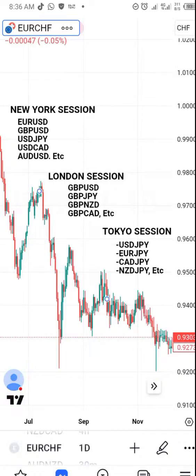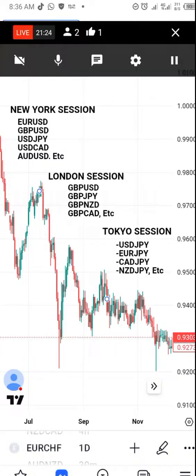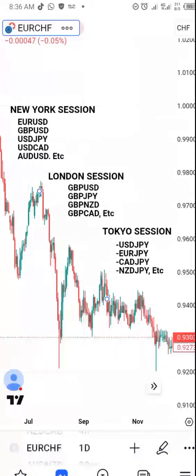So you really need to know when the market will move, then you get into the trade. You don't take a trade and the market is still just there ranging, wasting your time. Most of the trades that range sometimes get to hit your SL before the market starts moving in the original direction, right? That is why you just have to make sure you're not finding yourself in that space,